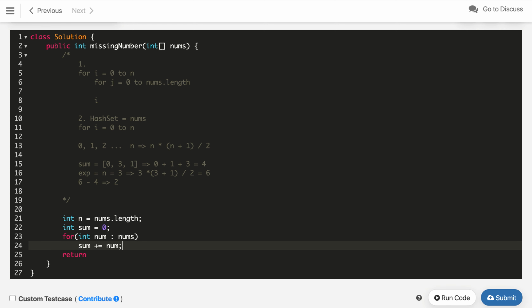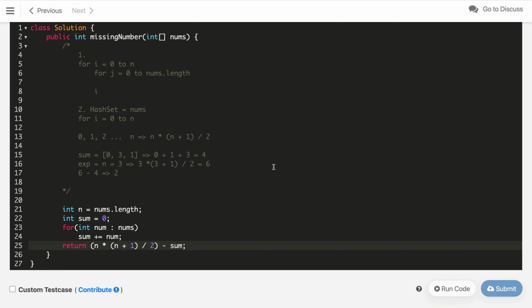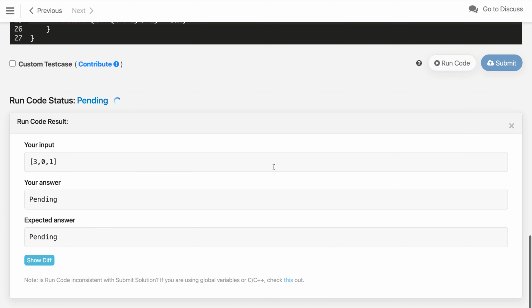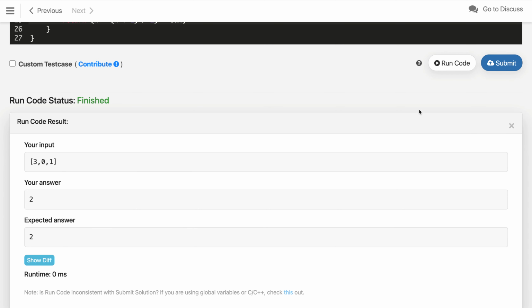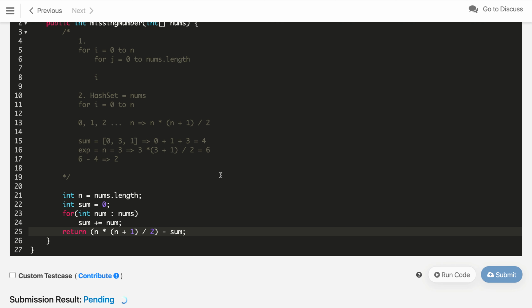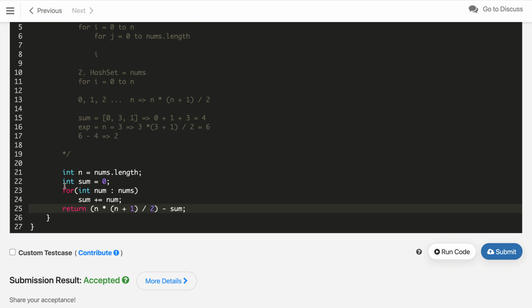So we return the expected sum, n into n plus 1 by 2, minus the actual sum. Let's compile the code, and we are getting the expected output. Let's submit this code, and it got accepted. So as you can see, the time complexity of this solution is O of n and the space complexity is O of 1.